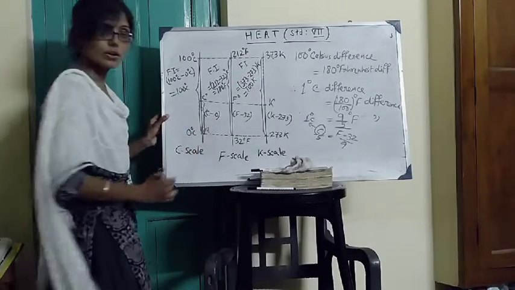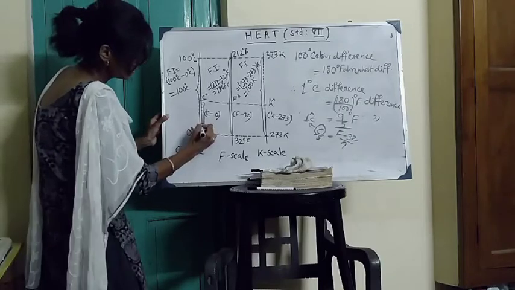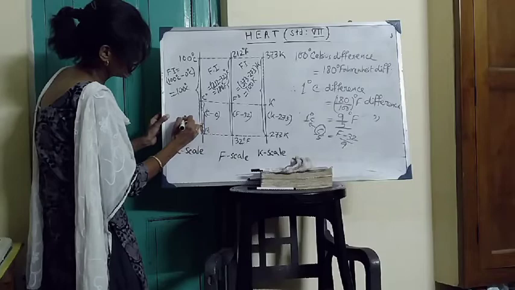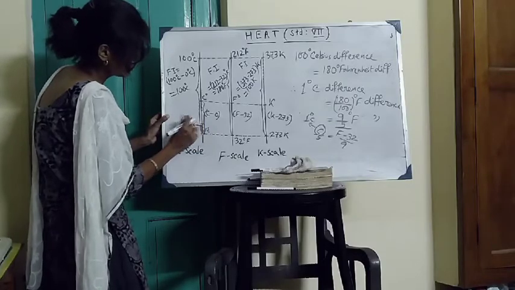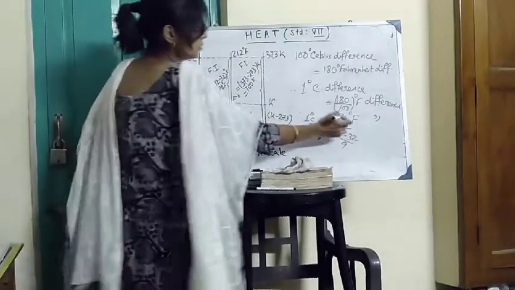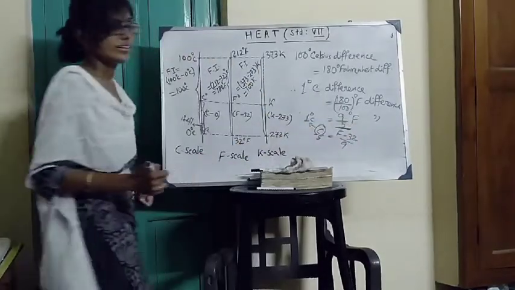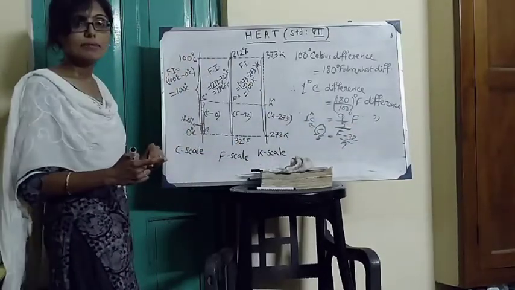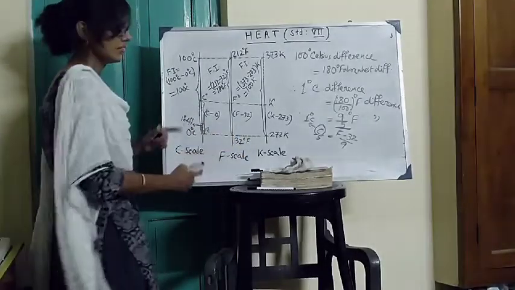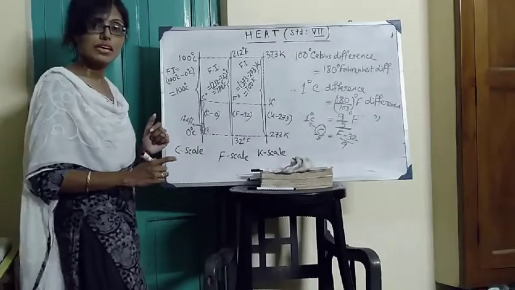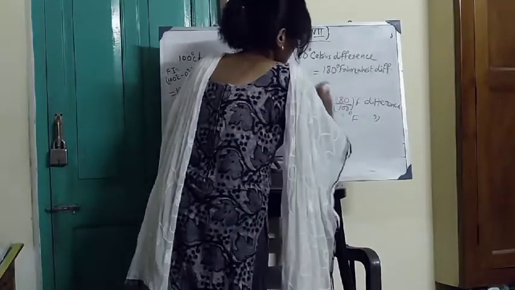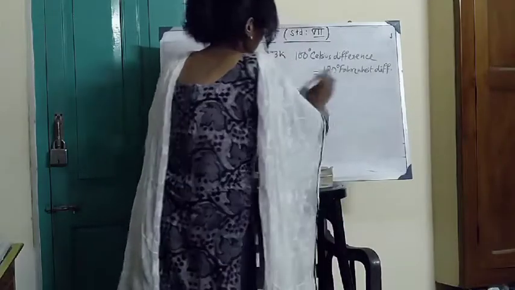This one is also 1 degree Celsius difference. It is 1, 2, 3. 3 minus 2, this is also 1 degree Celsius difference, and so on. So this 1 degree Celsius difference is equal to 9 by 5 degree Fahrenheit difference in Fahrenheit scale. Same procedure will be applicable for Fahrenheit and Kelvin or Celsius and Kelvin. Understood? So what is the relation between the differences in Celsius and Fahrenheit scale?